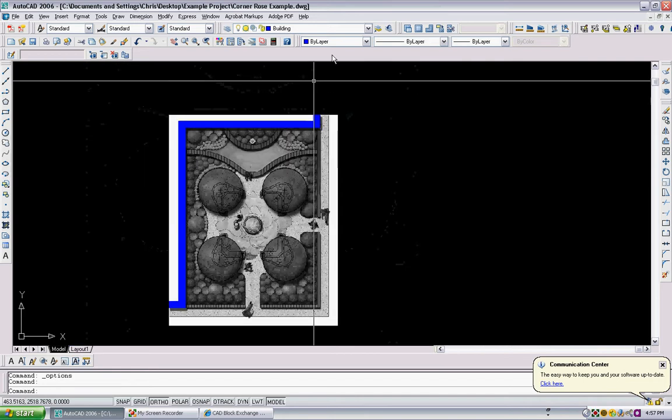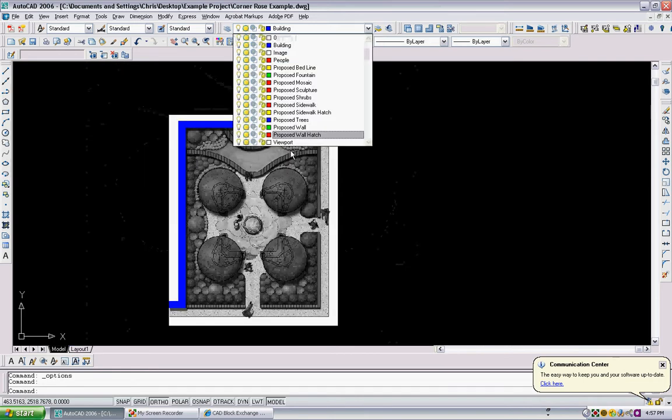Okay, so we're going to go to walls. Where are they at? Proposed wall. And you'll notice that I do proposed wall hatches too. I'll have a layer, and I tend to have the hatch inside so I can separate and turn them on and off. I did not do that with the building because it's just a building outline. I didn't think it's necessary because it's not going to change. So let me find my